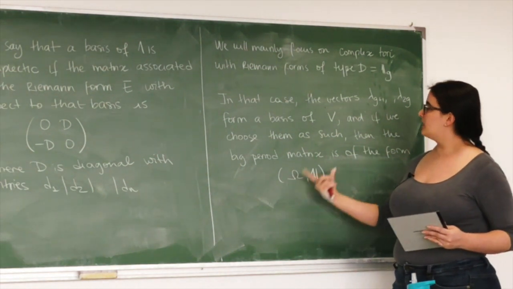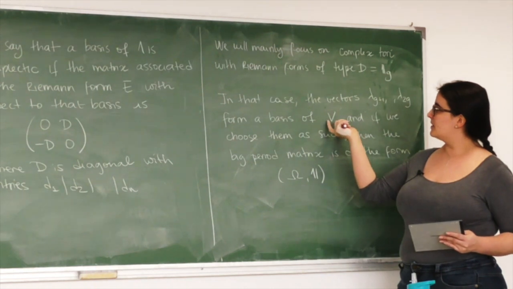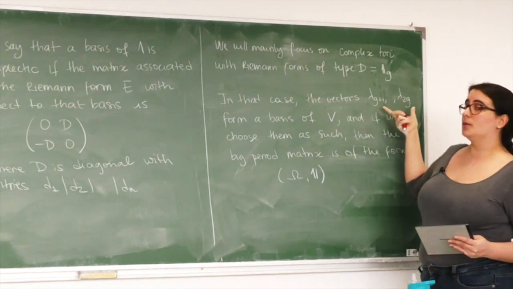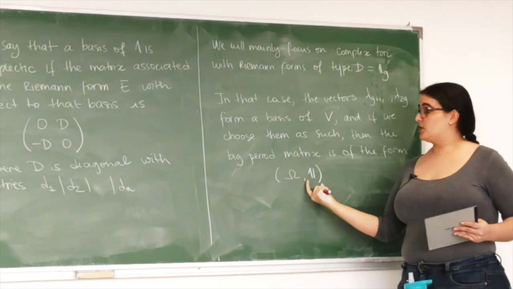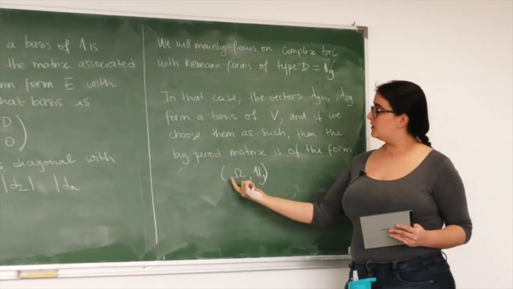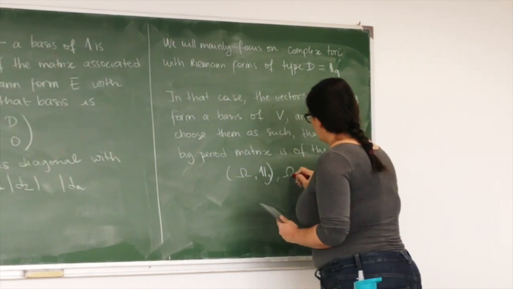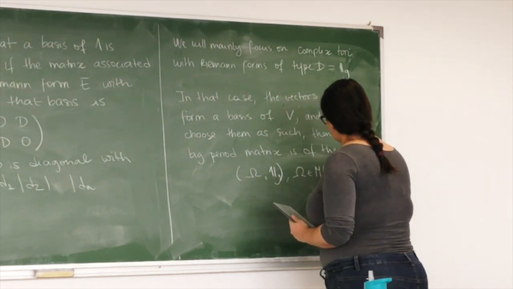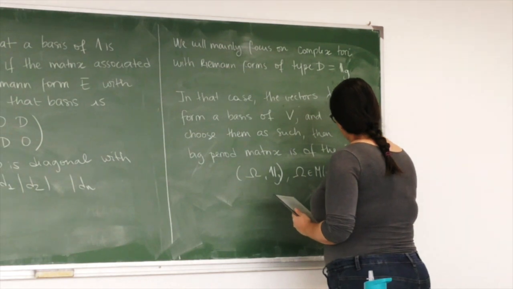And of course, if we take the basis of the complex vector space to be the second half of the basis of the lattice, the latter is just the identity matrix of dimension g. And this is a matrix omega that is g by g with complex entries,